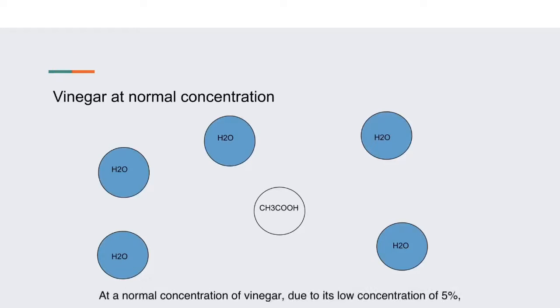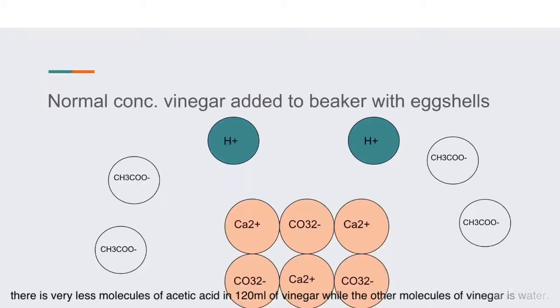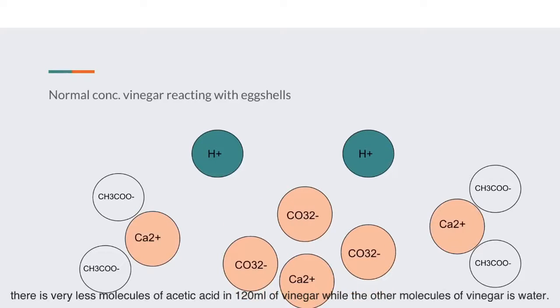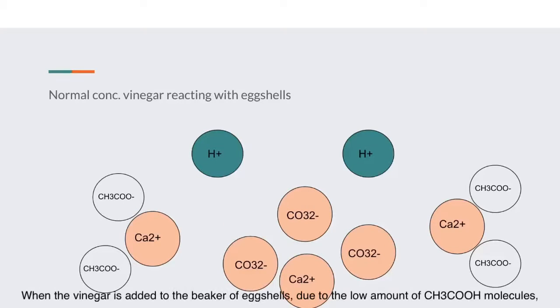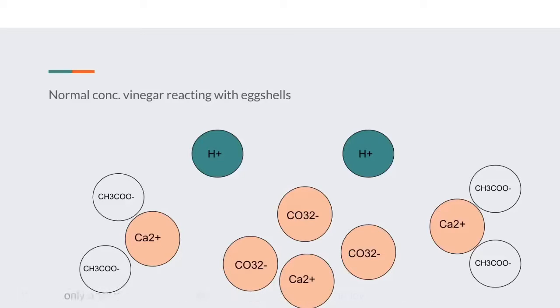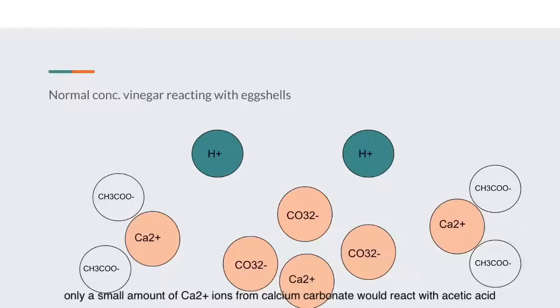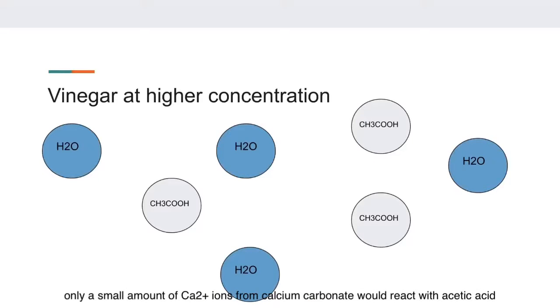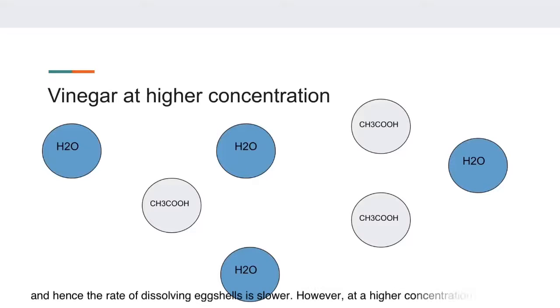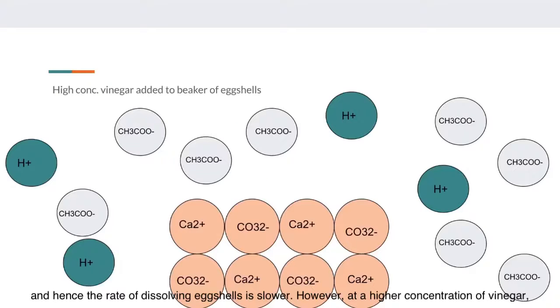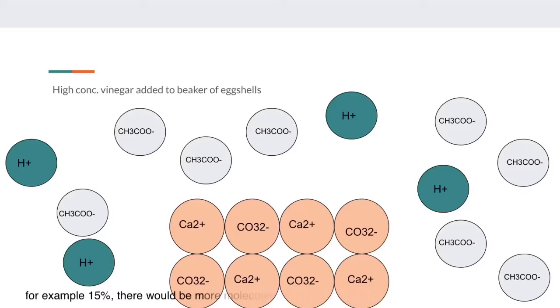At a normal concentration of vinegar, due to its low concentration of 5%, there are very few molecules of acetic acid in 120 ml of vinegar, while the other molecules in vinegar are water. When the vinegar is added to the beaker of eggshells, due to a low amount of CH3COOH molecules, only a small amount of calcium 2+ ions from calcium carbonate will react with acetic acid, and hence the rate of dissolving eggshells is lower. However, at a higher concentration of vinegar, for example 15%, there will be more molecules of acetic